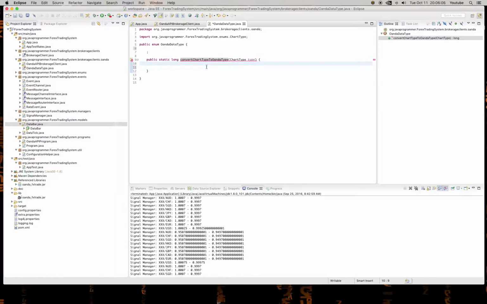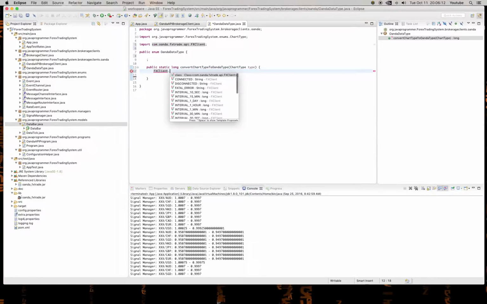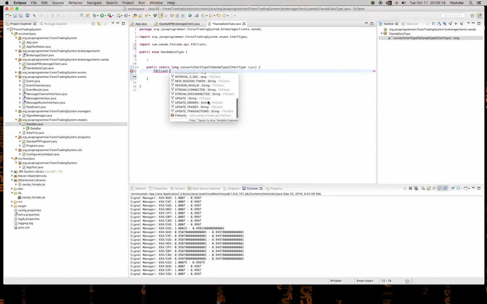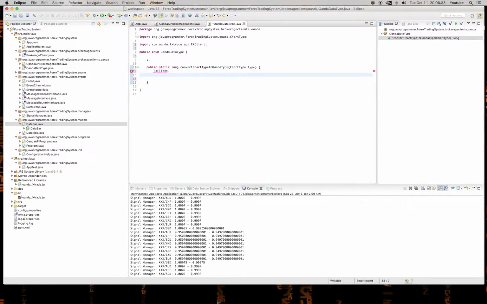But Oanda has a specific set of intervals, and I'll just show you some of these. Here they are. So if I say FX client, here's all of our intervals. You can see them here. Interval 5 seconds, 5 minutes, 3 hour, 1 hour, and so forth. So what we're going to have to do is something I don't particularly like, but if we say